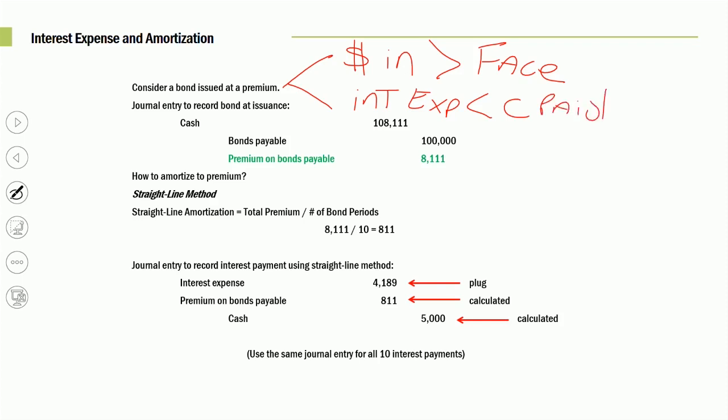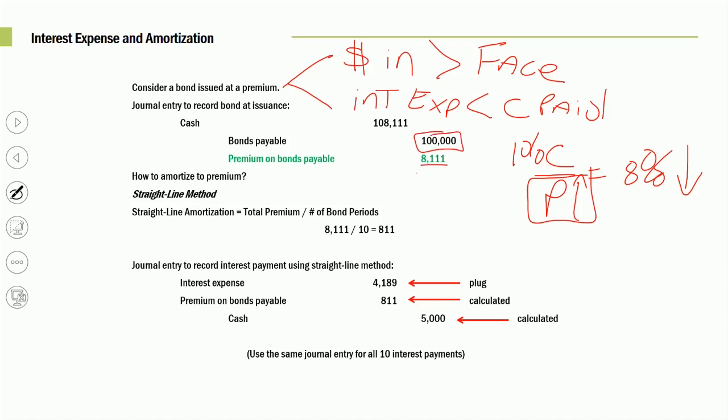Okay, so in this example, coupon divided by price, we have a coupon of 10%. Our market rate is 8%. So when these bonds are issued, as you can see, we collected more than the face value. So we're going to debit cash, the sum of the present value of the principal and the present value of the coupon payments using the market rate, $108,011. Credit your bonds payable, that's your eventual financing outflow, $100,000. And there's our premium on the bonds payable.